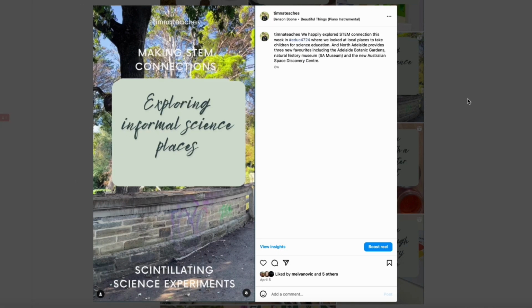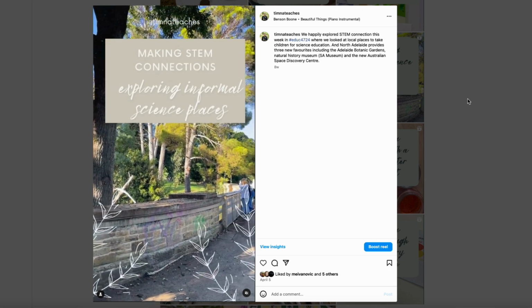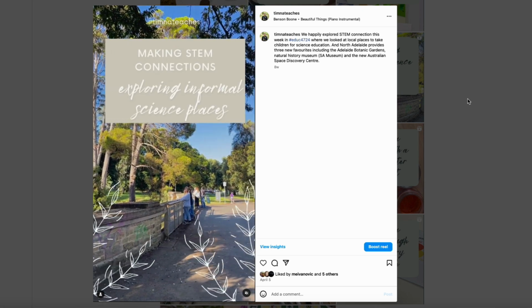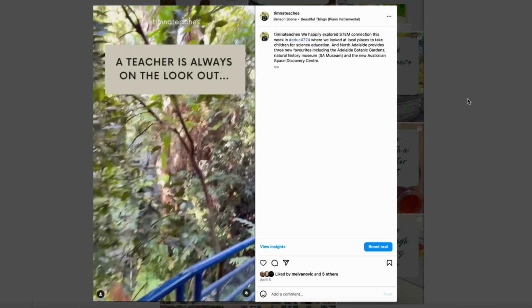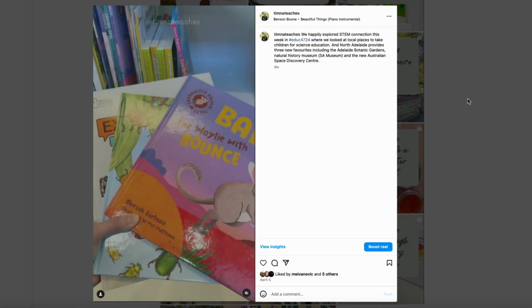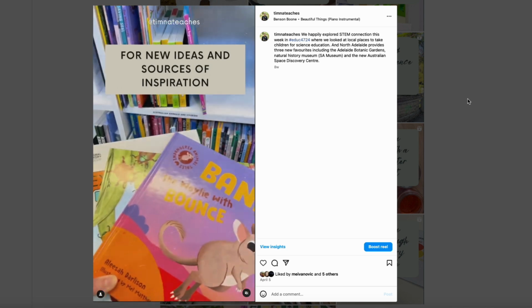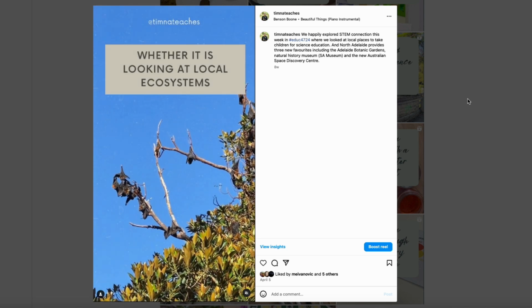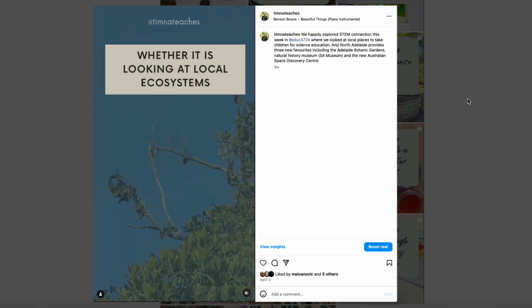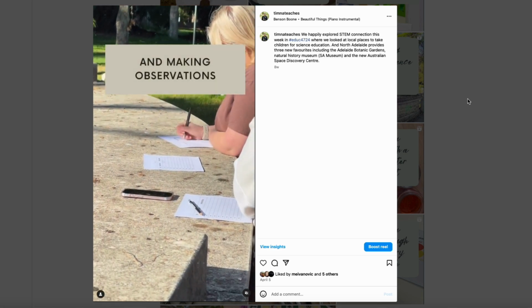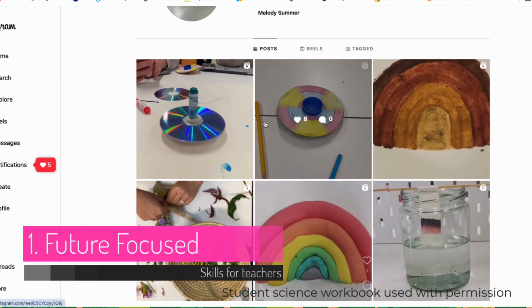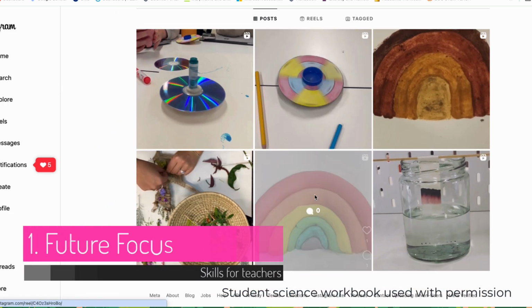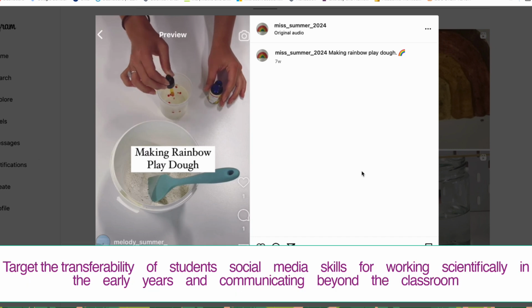I wanted to work alongside my students to learn how to make not only quality videos, but videos that could directly be used in the current content creation strategies that we know enhance and impact viewers. Together, I wanted to explore what they did and compare what I did, showing them that working scientifically through video was part of the way we communicate and extend beyond the classroom. With this transferability in mind, we wanted to really focus on thinking about their future career as teachers.